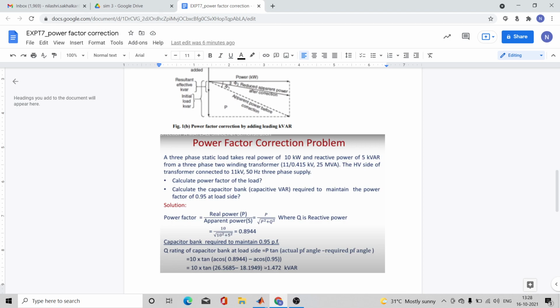If you do the calculation, cos inverse of 0.8944 is 26.56 minus cos inverse of 0.95, which is 18.191949. If you insert a capacitor bank of 1.472 at the load side, you will improve your power factor up to 0.95.